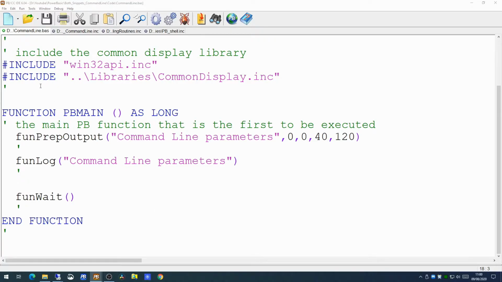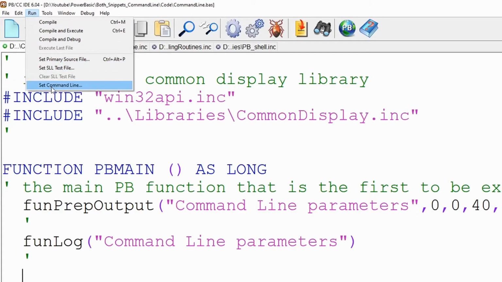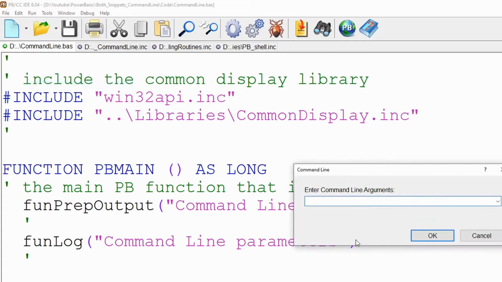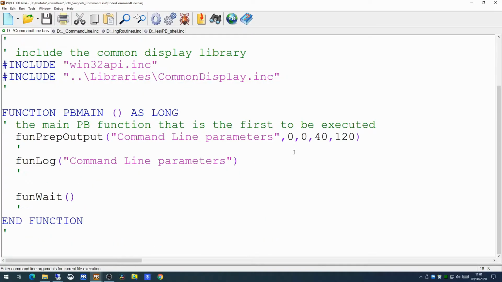Now we can emulate some command line parameters coming into this application here from the Run menu. There's a set command line, and we can put information on this command line. These command line arguments or parameters will be sent to your application when your application runs. So how do we actually pick up this command line information? If we create a local variable, we can populate that with what's on the command line